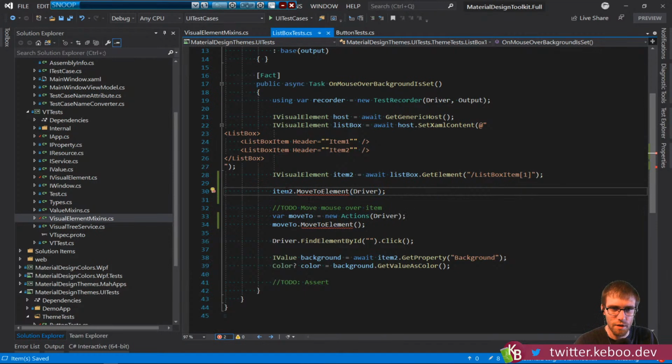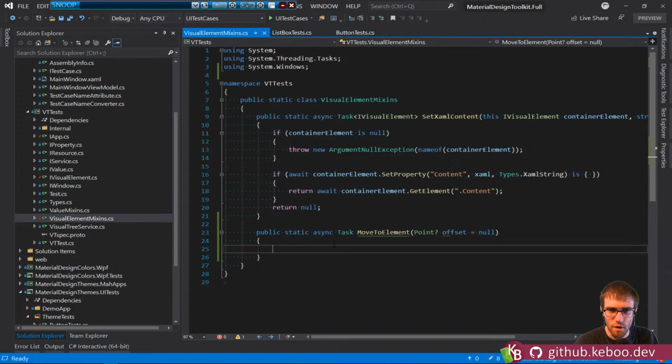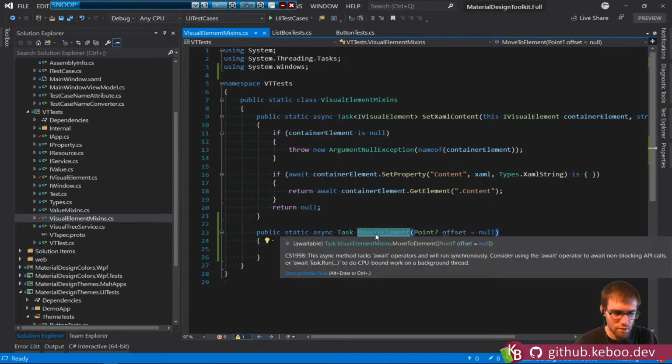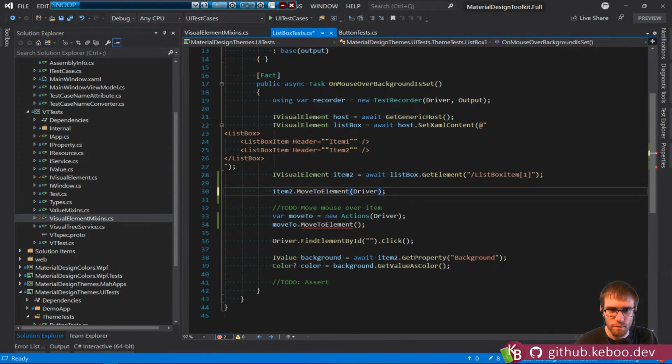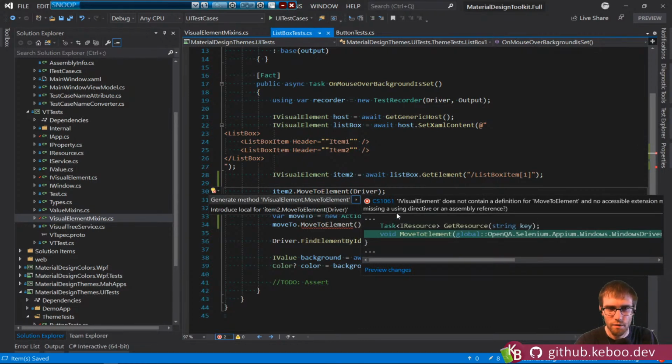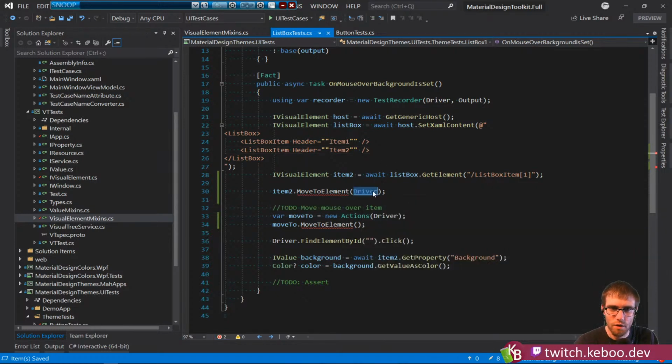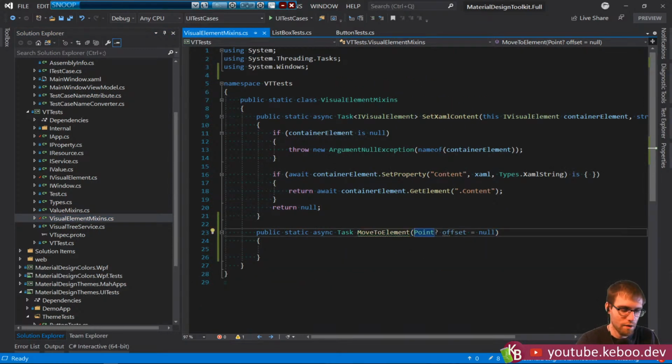Let's see, move to element, no extension. Did we not just write that? Move to element. Blind or stupid? I think you're there. Let's see. Windows driver. Let's go and look and see. I don't know exactly what I'm going to need for this guy. So what do you take? WebDriver. So let's go back over here. You're going to take a